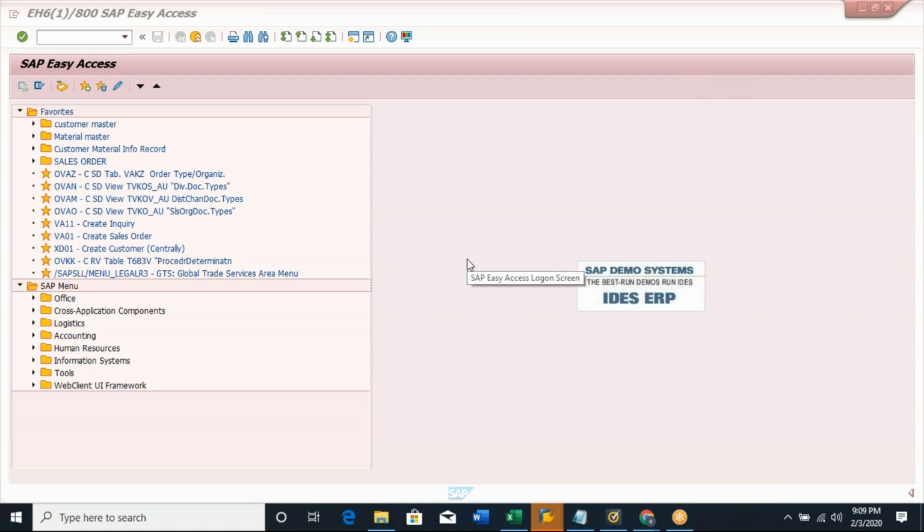So when you create a sales order, or when you start processing the sales order using VA01 on the front end, like the easy access screen, once you select the sales document type,